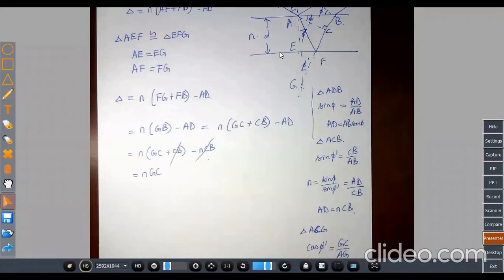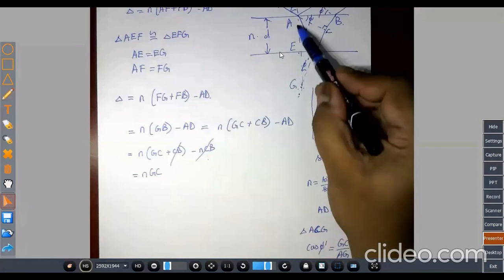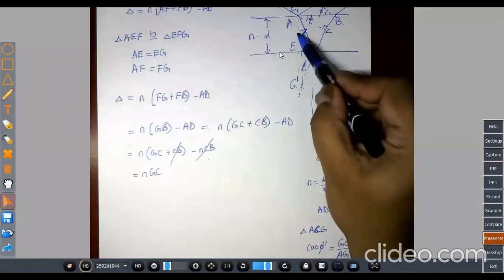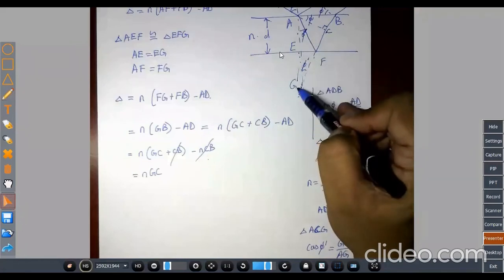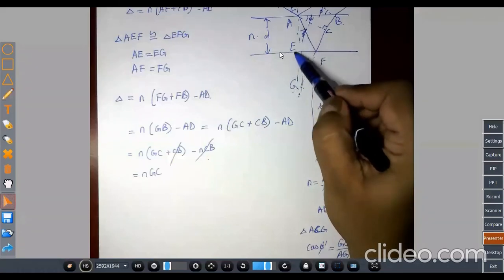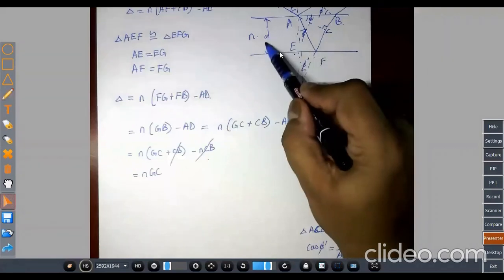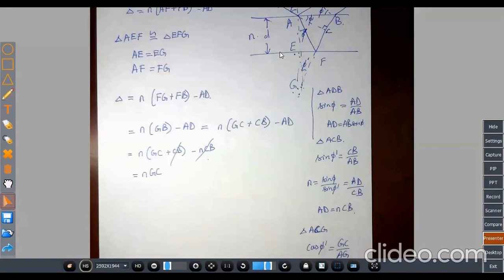So GC is AG cos phi dash. And AG can be written as AE plus EG, and both of them are equal, so I can write it as twice of AE. And AE is equal to small d. So this can be written as